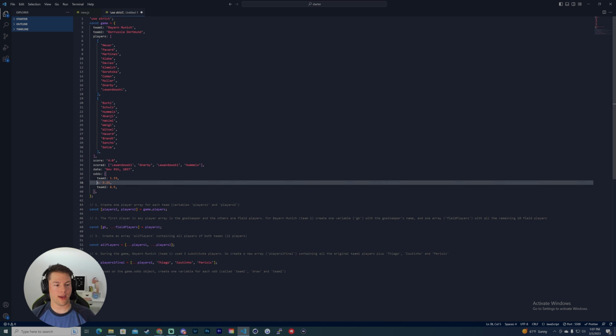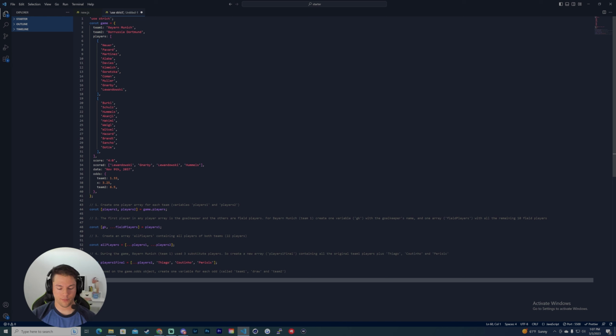Essentially, we're going to turn this x into a new variable called draw. So the way we do that is we're going to do const, and we're going to do some destructuring. So the way we destructure is we're going to do object because it is an object, and we're going to do odds,